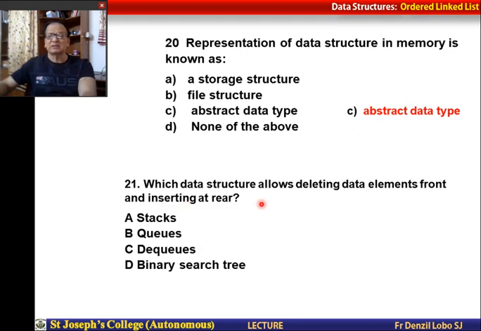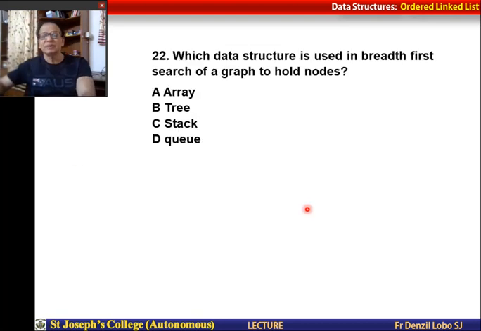Which data structure allows deleting data elements from the front and inserting at the rear? Gone through that, you know already. It is nothing but queues. Queues are first in, first out, so it is always taken from the front, and addition is at the rear. Which data structure is used in breadth first search of a graph to hold nodes? Array, tree, stack, queue.